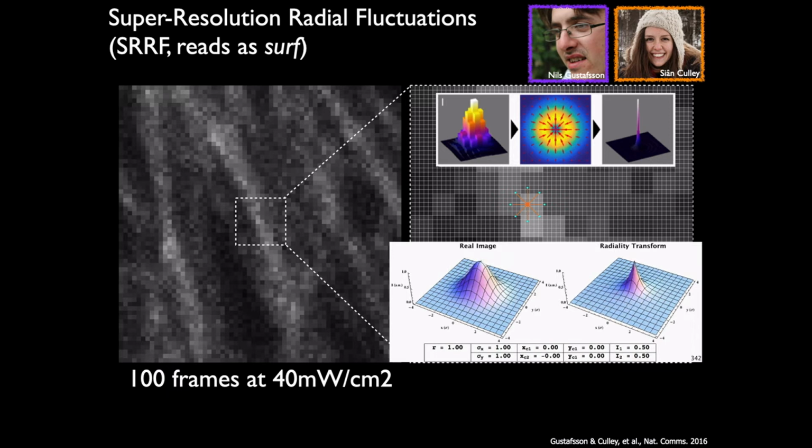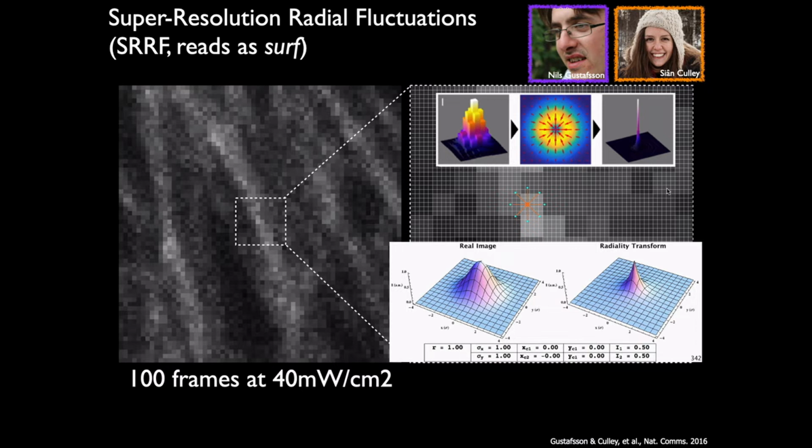And the radial symmetry actually does something really cool, because instead of having a PSF model that you fit into your data, what he actually does is just pick up on the fact that most, as Stefan likes to call it now, diffraction blobs, have a radial symmetry attached to them, right? And where you have the highest point of radial symmetry is perfectly where you would expect to be the center of that